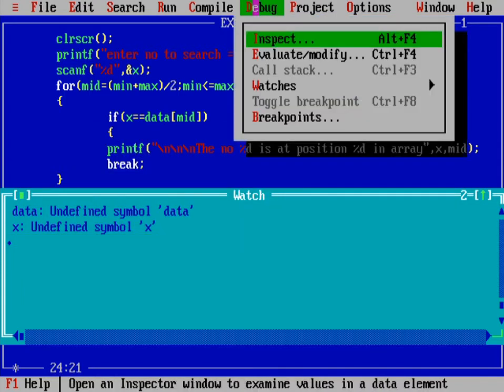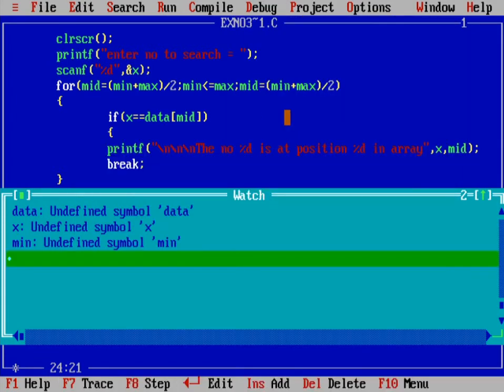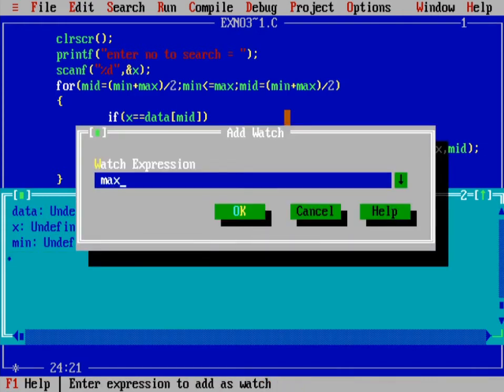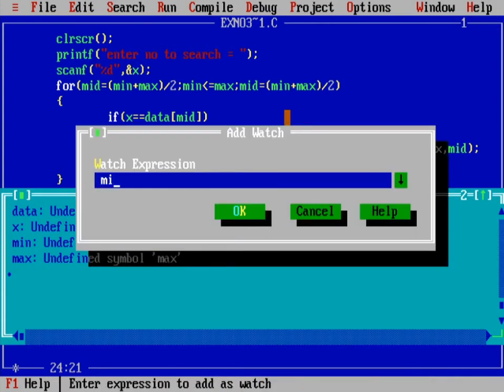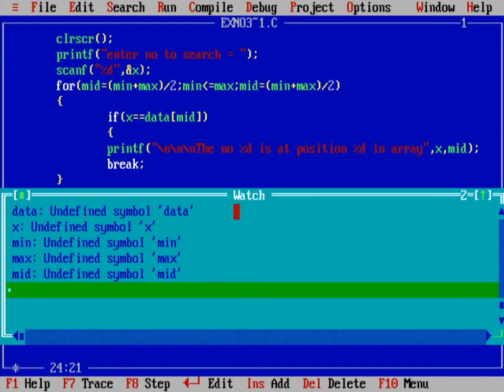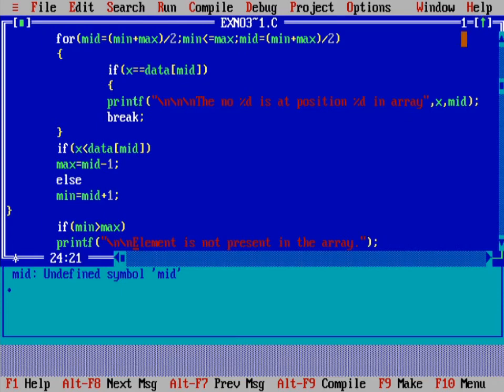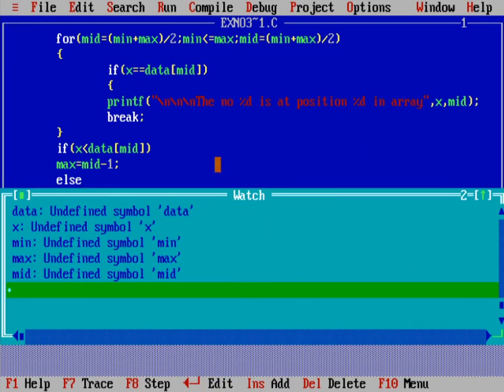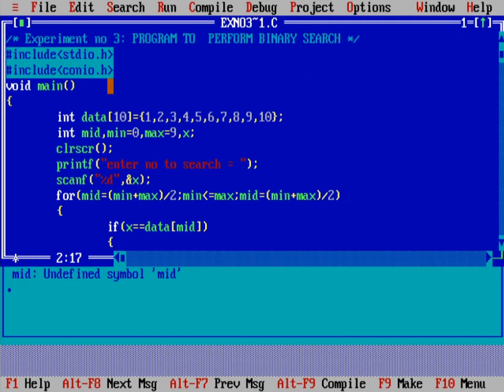After that our other variables are min, max, and mid. Okay, so now we will run this line by line.